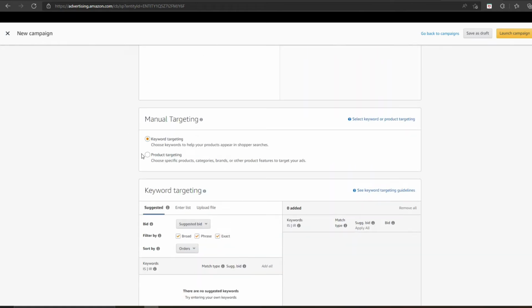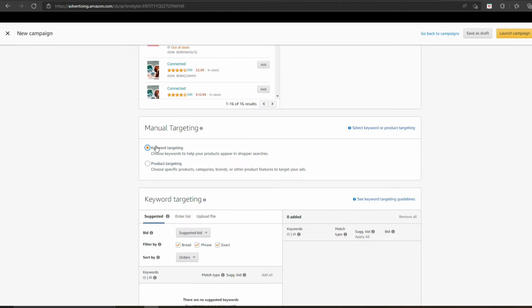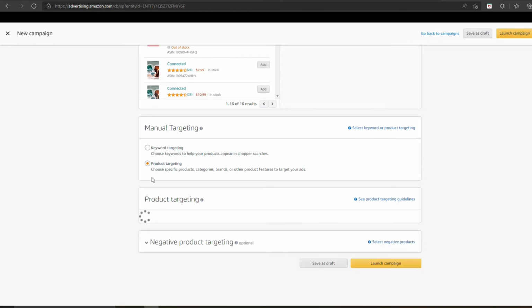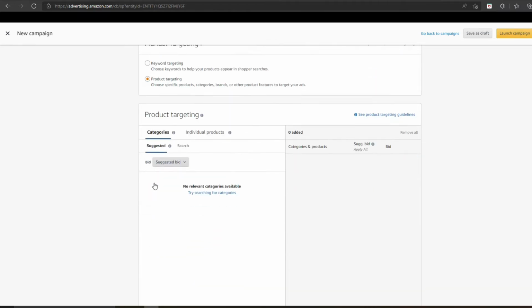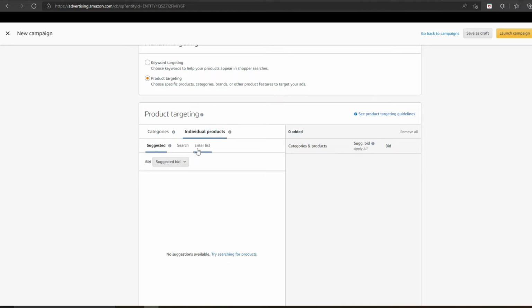Now down here under manual targeting, this is where it changes. So we've been working with the keyword targeting. I'm going to click on product targeting, and this is going to allow me to enter a list of ASINs that I just copied. So I can click on individual products and say enter list, and then I just paste. Suggested bid, I like to do a low custom bid and then slowly raise it. So maybe we'd say